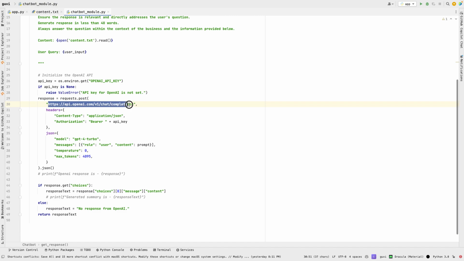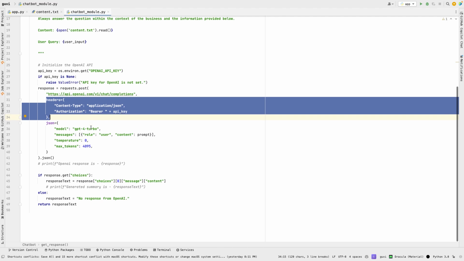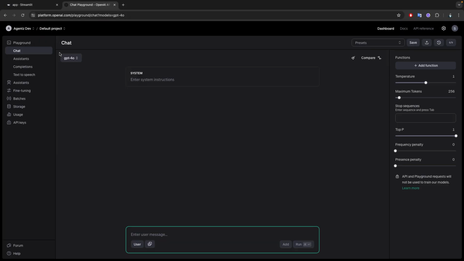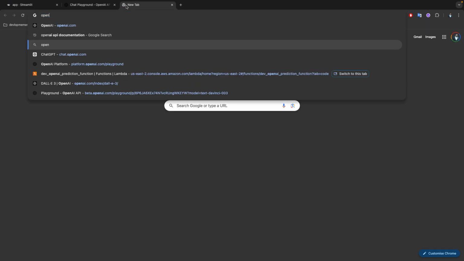So we are using this chat completion API, right? In the header, I am sending the API key in the format prescribed. How do I get this? If you are interested in the ChatGPT SDK, you can read that documentation. If you go to their OpenAI site,